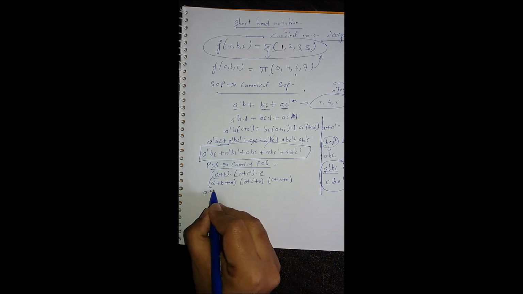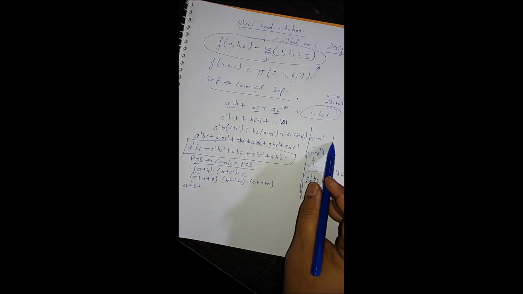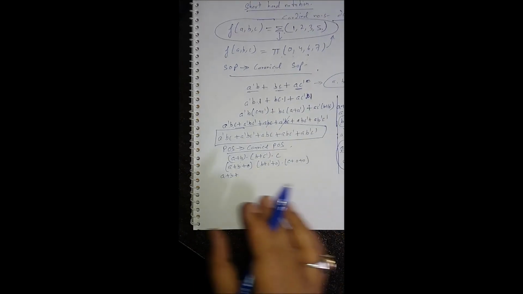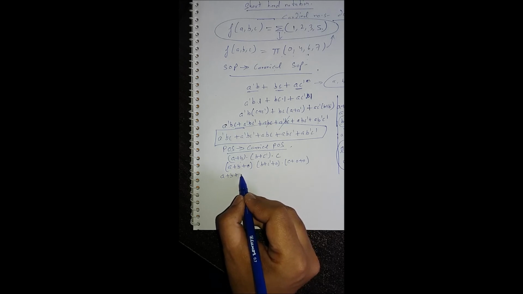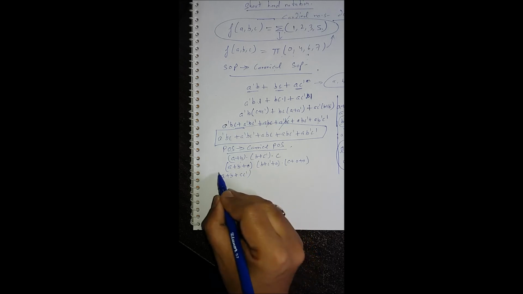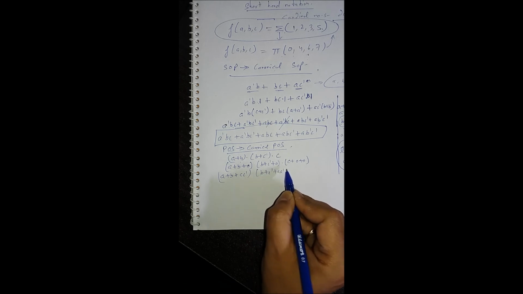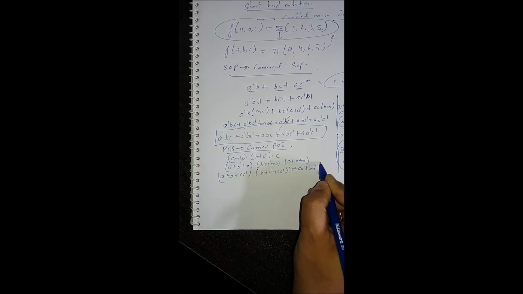Now apply the opposite complementarity law. If one law was A plus A naught is equal to 1, the second law is A dot A naught equal to 0. So for the missing variable, replace 0 by the complementarity law. So C dot C naught, here it would be B plus C naught plus A A naught, and here it would be C plus A naught plus BB naught.